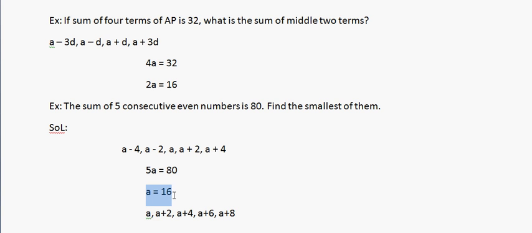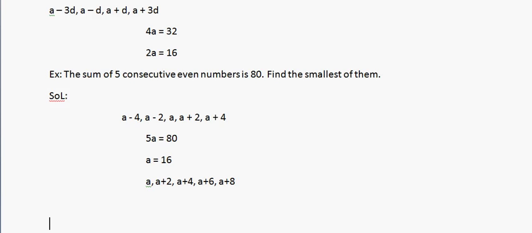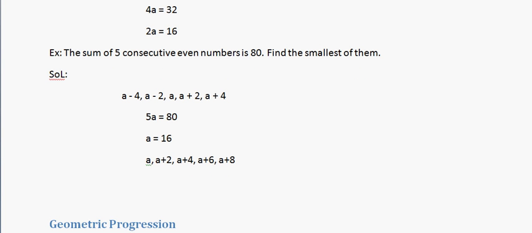Here sometimes when you get a is equal to 16, the tendency is you would just tick 16 as the right option, whereas the right answer is 16 minus 4, which is 12, right? So you have to be cognizant of the fact that it asked you the smallest number, right? So this is how we solve this kind of questions. The questions from AP would be of this level of difficulty only, not more than this, right? We would do more practice in our practice sheets, so don't worry about it. There would be ample practice on this topic as well.